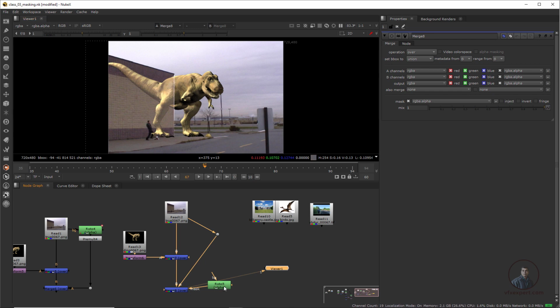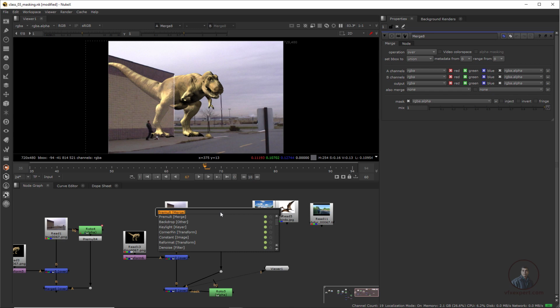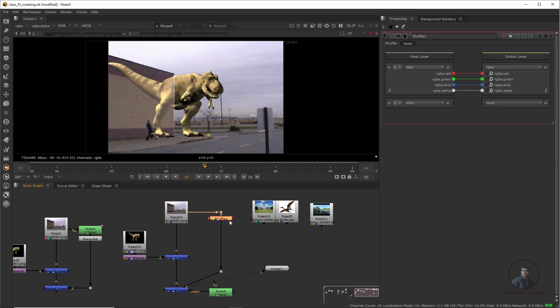For this, you can simply use a shuffle node after this input. I am going to hold Control so we can easily understand. Place the roto here, and after this one you can use a shuffle node. Press Tab and type shuffle, and in the shuffle we have to select this white input here, and in the alpha channel select this one. Even if you have the older shuffle, you can also use this white input.